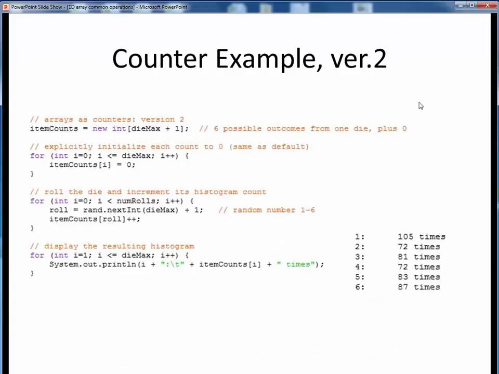So to finish up this set of examples, here's version 2 of our counter application. We still have the die max set to 6 somewhere upstream, so now we instantiate our item counts array to size 7 rather than size 6 as before. In this next for loop, we still explicitly initialize all 7 array elements to 0, even though we realize that's already the default value. Then in this next for loop, we once again roll the bones 500 times, and we